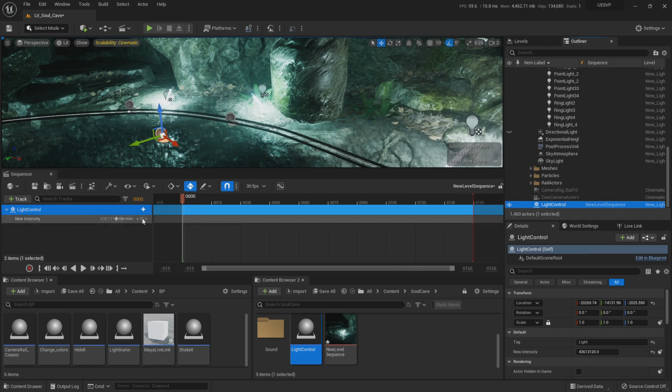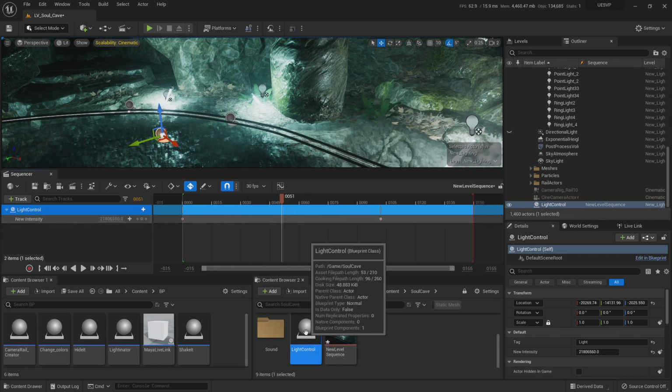And once it's here, we can set a key. We can go forward in the future and hit 0. That is going to create a key. And now we should be able to see it. Well, it's still not working. All right, there is one last thing that we need to change in this